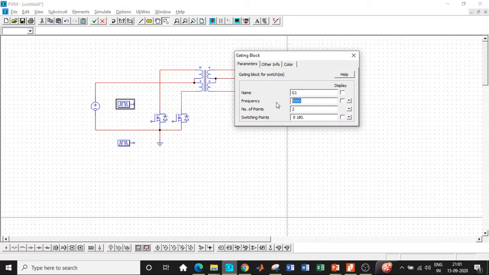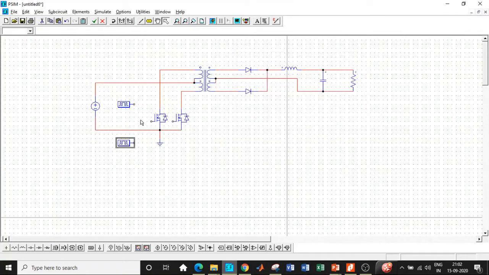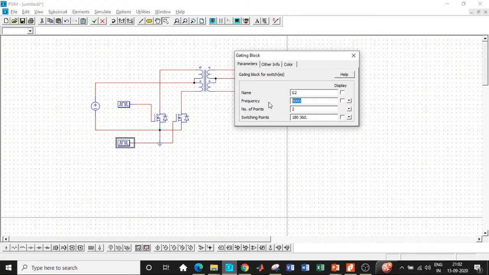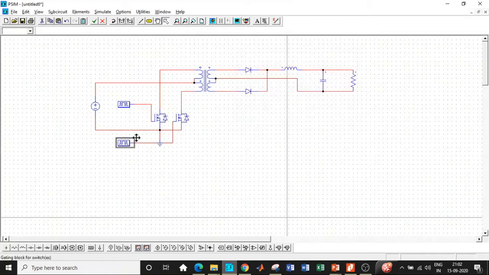Gating block, we are choosing 150 kilohertz as the switching frequency. We'll be triggering this from 0 to 180 degree. So what happens is from 180 degree we'll be triggering the second one, so that at a time only one switch is conducting. So the duty ratio will typically be equal to 50%, because one switch will be conducting for a period of 50% of the duty cycle, and the other switch will be conducting for the remaining 50% of the duty cycle. So we have chosen the switching frequency, that is one of the most important things. So change it with respect to this as well. Both of the switching frequencies should be the same with respect to both the switches.